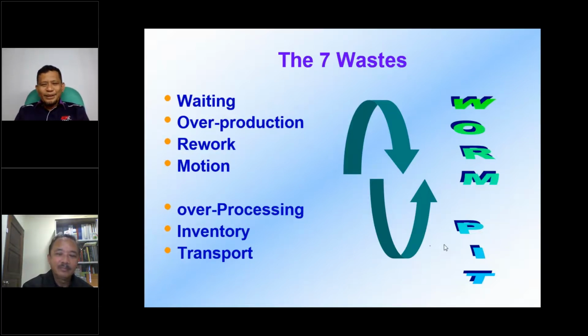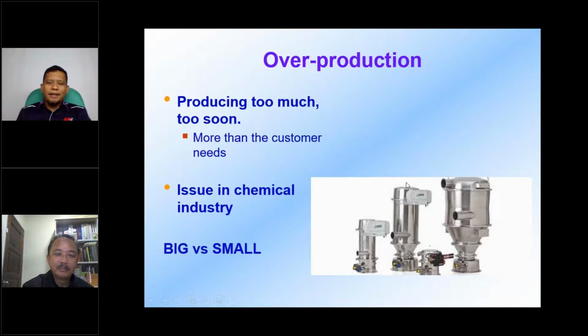Okay, so about the common issue in chemical plants. Most plants have an issue in terms of how economically they should design their reactor. Those big companies normally make a very big reactor. Why? Because the chemical reaction process may take 6 hours. Some reactions, for example in a refinery, may take about 12 hours. So they say they have to make a big reactor so that